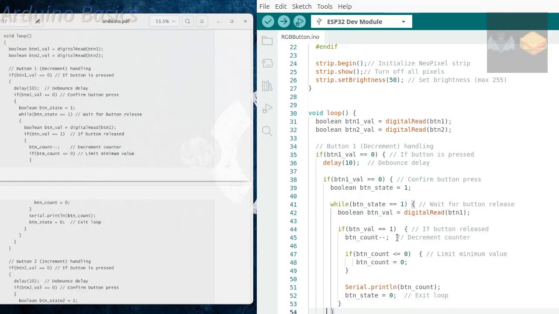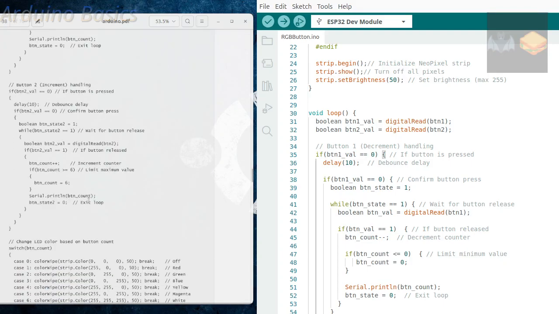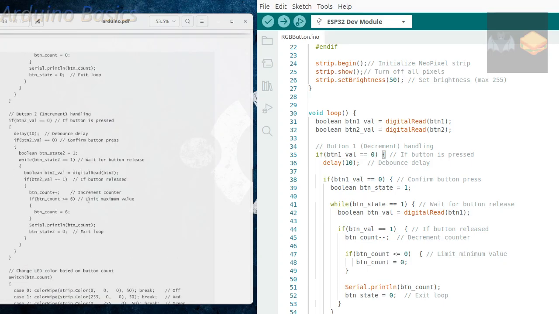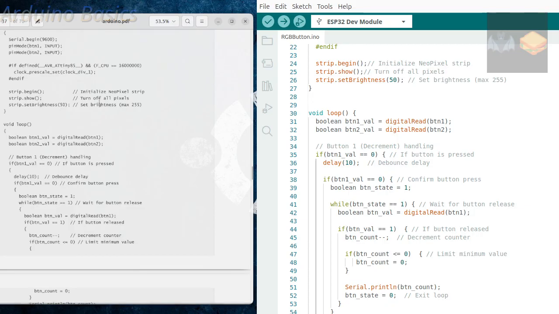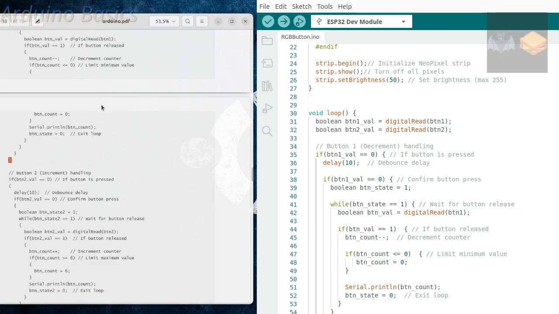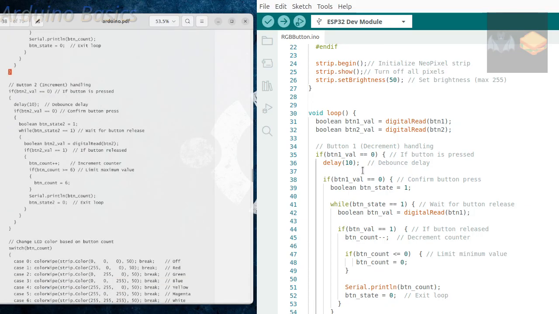That should be right. So, yeah. So if we look up here, we're not all the way finished with the, okay. So that means button 1 is